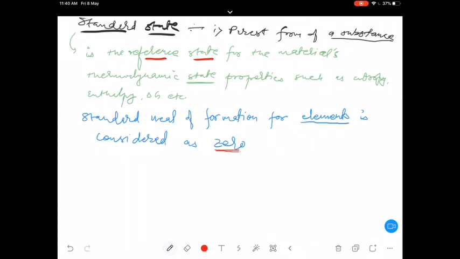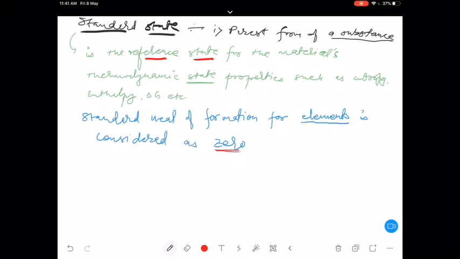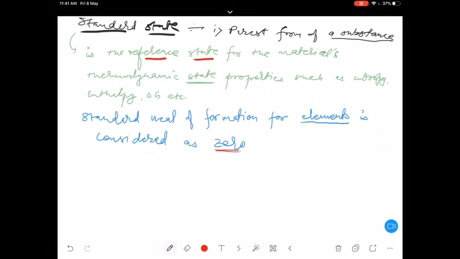Can we take both carbon 14 and carbon 12 as standard state at different conditions? No, again I told you, carbon in the form of graphite, not 12, not 14. If you have to take a standard state, you will always take carbon 12 which is present in the form of graphite. That will be the standard state. Carbon 14 is radioactive and it will decay spontaneously into carbon 12. Now if it is converting into carbon 12, how can it be a stable state? Understood?